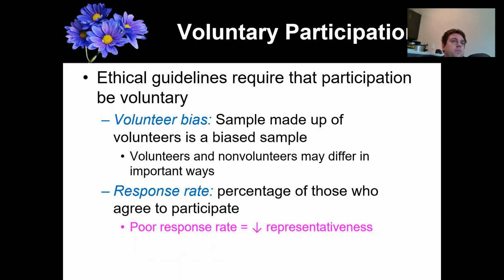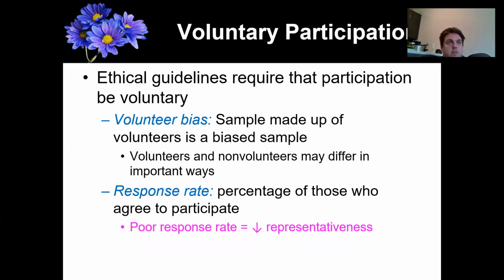Well, no, let me just clarify. There are a few exceptions to that. Sometimes there's data out there that's not linked to anyone's names, like data kept by the federal government or whatever it might be, or medical records, that you are allowed to use without consent. These kinds of databases, but most research that doesn't involve that requires people to volunteer.